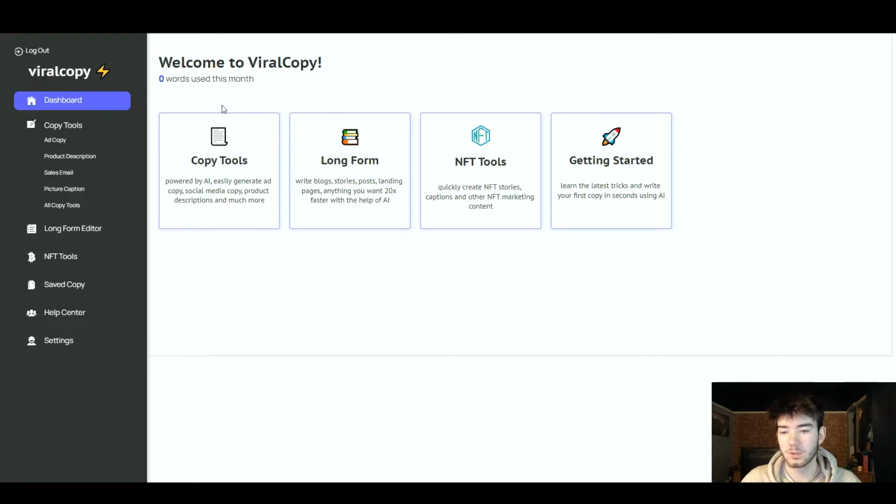In the copy tools section, you can see that it is powered by AI, and you can easily generate ad copy, social media copy, product descriptions, and much more. In the long form section, you can write blogs, stories, posts, landing pages, anything you want 20 times faster with the help of AI. In the NFT tools, you can quickly create NFT stories, captions, and other NFT marketing content. And in the getting started section, it just says you can learn the latest tricks and write your first